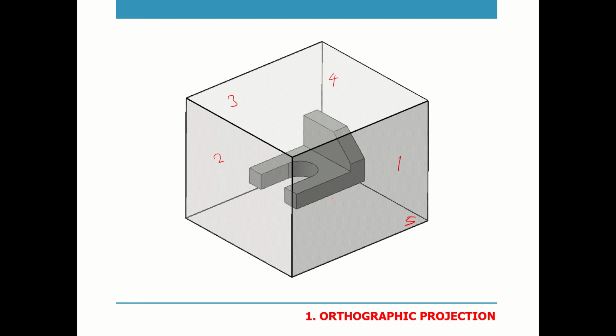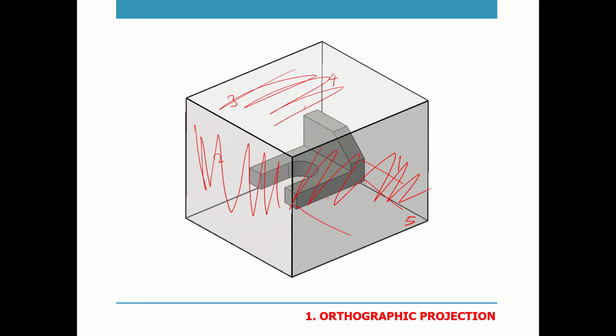So all this, what we try to do is we just try to project the three-dimensional object onto this particular surface, in order to get drawings. Suppose if I have to get the right side image of the 3D object, I have to draw it on this particular face. If I have to draw how the object looks in the front side, I have to draw it in this plane. If I have to do that for the top, how it looks in the plan view, we have to draw it from the top.